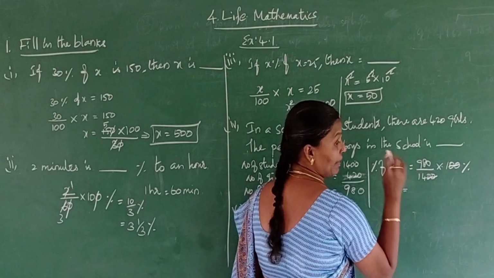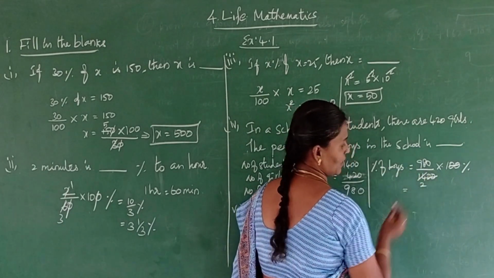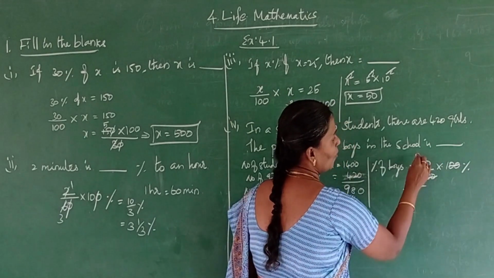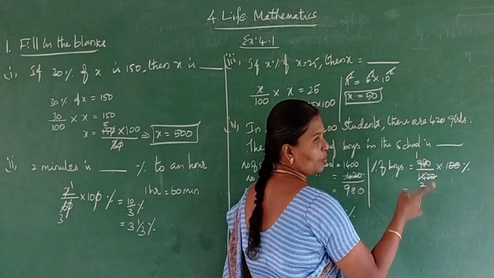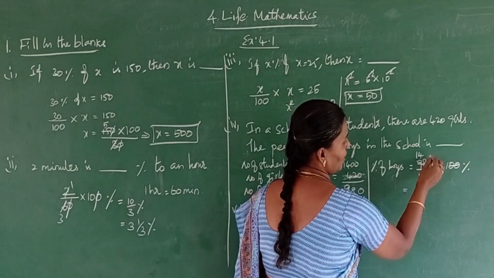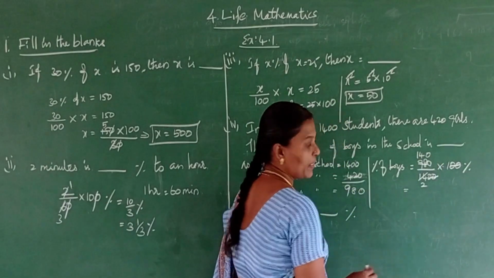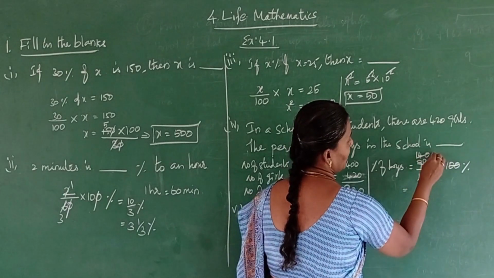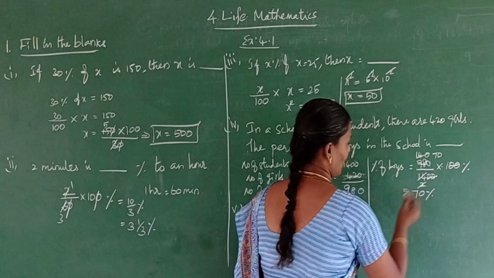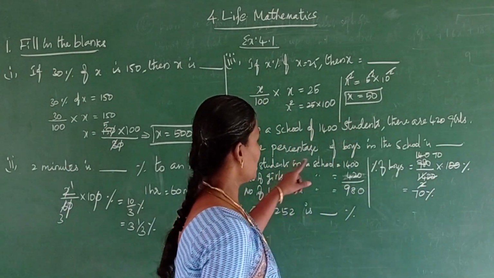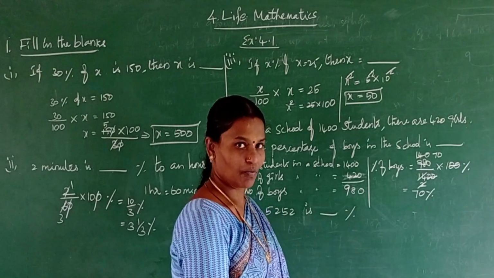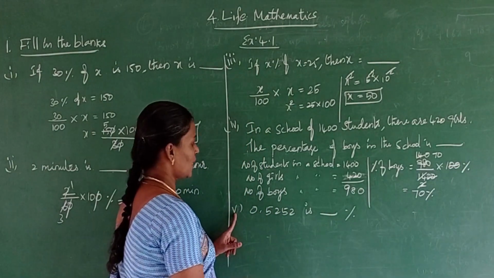Okay. Now cancel in the 7th table. Here 2 times, 7 2s are 14. Here cancel in the 7th table. 1 7 is 7, remaining 2. So 7 4s are 28. So 4 times. Then here 1 0. Okay. Now cancel the second table. Here 7 0. So totally 70 percentage. What is it, children? The percentage of boys in the school is 70 percentage. Okay. Now see the fifth question.